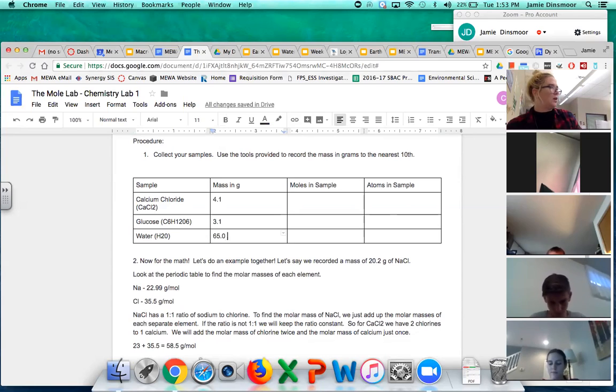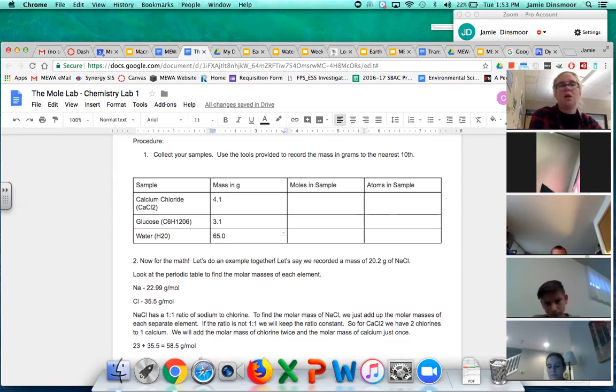Okay, so, for example, in a real chemistry lab, this is something that chemists would do, right? You'll see later on in the course, sometimes you have to create a solution where you have to put a certain amount of something in water. Sometimes you will need a certain amount of moles for a reaction. So these are real skills. Like, it seems easy. Oh, you just measure it. Well, yeah, but now we're actually going to calculate the moles and the atoms that are in each of these